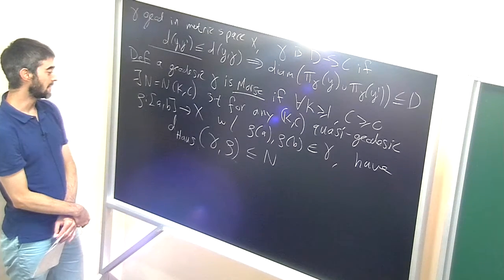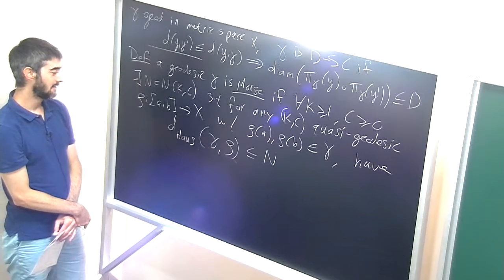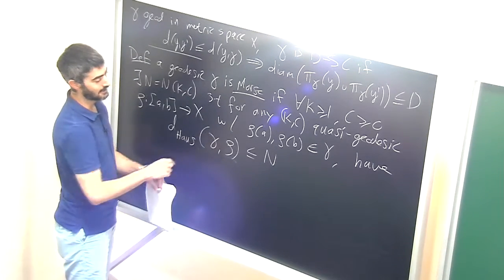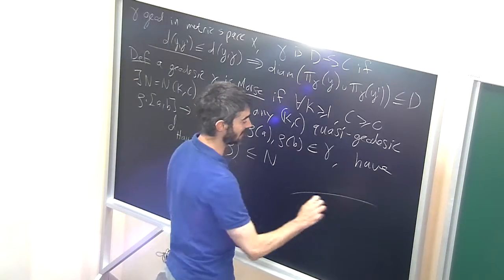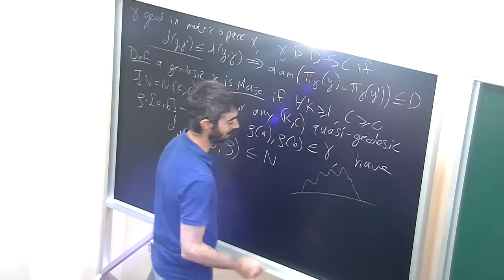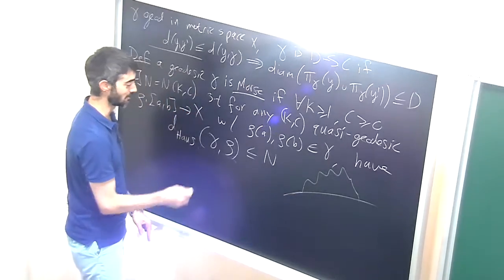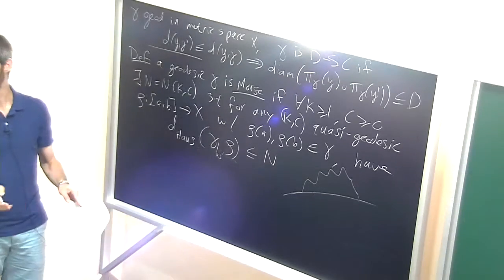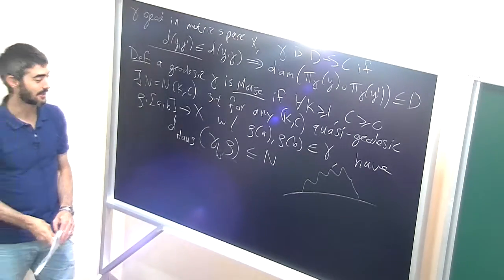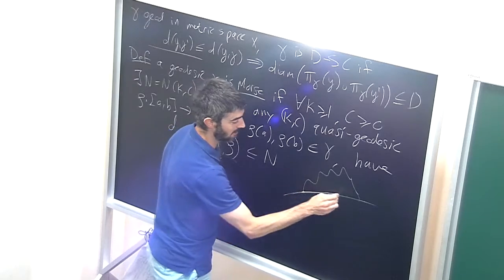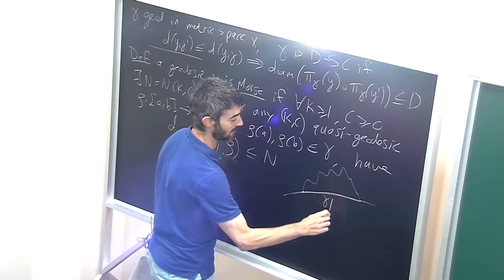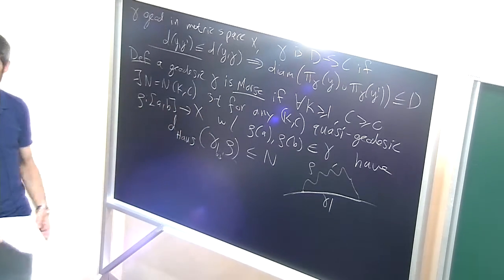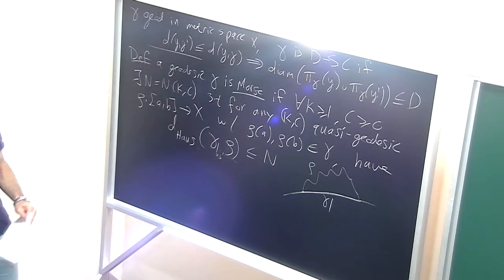Well, maybe formulating this is a little awkward. So gamma, I guess you might imagine that gamma is like this, and then rho is kind of like that, and then obviously the bits over here don't lie close to rho. So maybe I should really say restricted to AB, like just the bit of the geodesic between the points where rho starts. Okay, so I just care about this bit of gamma here. Maybe I'll call that gamma restricted, and this bit of rho. Okay, all right. Hope it's clear what I mean. Okay, so that's a Morse geodesic,